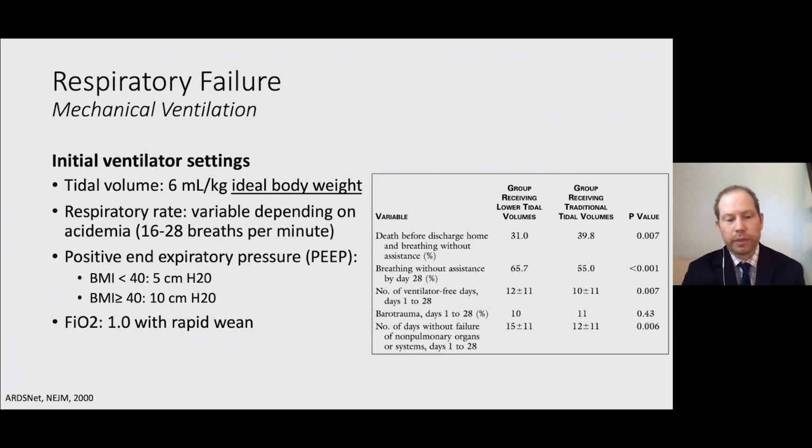There has been a lot of debate as to what the appropriate PEEP, or positive end expiratory pressure, should be in these patients and in ARDS patients in general. And in general, we've been starting at our institution at a slightly lower PEEP for patients who have a lower BMI and higher for patients who have a higher BMI, although this might vary depending on the patient's severity of illness and other factors, for example, whether the patient has other chest wall disease like graft versus host disease.